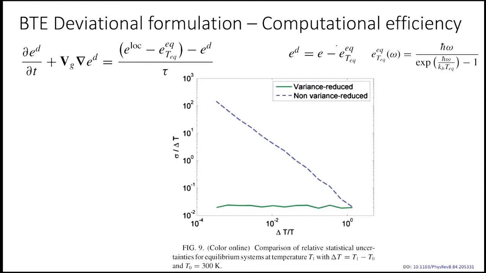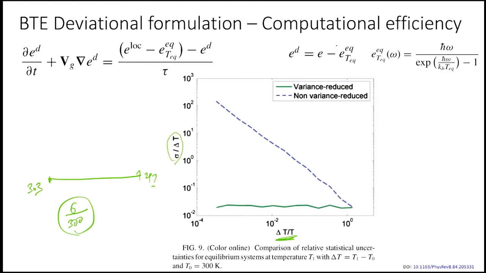So what we are looking at now on the x-axis is delta T over T. Basically, you could think of it as, if we applied 303 and 297, delta T is 6 Kelvin. T you could assume uniform, so 6 by 300. So that's delta T over T. And we are looking at sigma over delta T here. Sigma is the uncertainty.